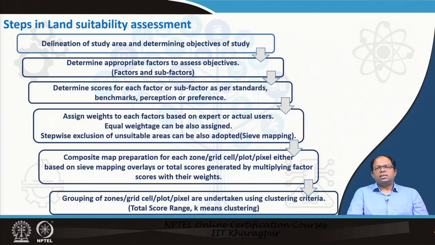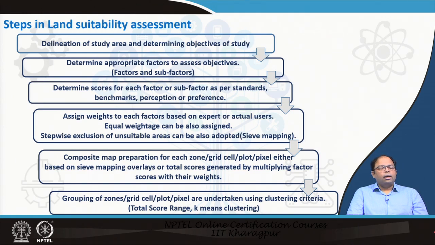For example, if it is land price, I may decide that a certain land value range could be assigned a certain score, but usually if these values are normalized at the end, then automatically we can evaluate all of them in the same way. So that means we need to ultimately bring down all the factors and sub factors to the same way of scoring them.